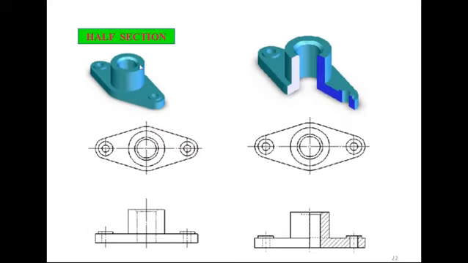Next, one more example is here. This is the object. We have taken a sectional view. We have taken the cutting plane at this level. We remove this one-fourth portion of the object and draw this view, and only this portion we do hatching, because the other things are similar, so they do not require to be shown again. So whatever remains does not require to be shown again. So I have shown it here.